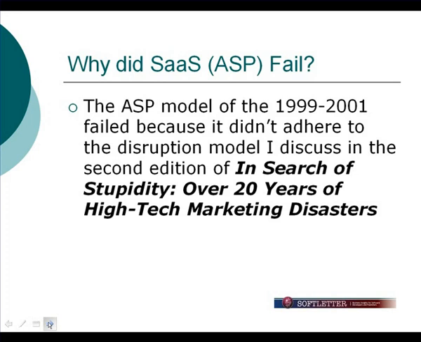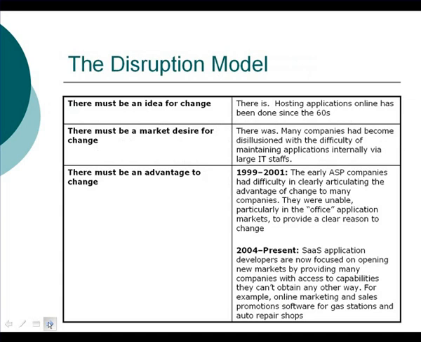And the reason why the early ASP model did not ignite and take off, despite the billions of dollars that were pumped into it by various now much poorer VC firms, is because it did not follow what I've come to describe as a disruption model. And let's just go through this quickly, because while it explains a great deal of what happened to the ASP model, many of you may find it useful as you look at other industries which are supposedly undergoing or about to undergo disruption. For the disruption model to take effect, there have to be certain pillars in place. There has to be an idea for change. And in the case of SaaS,